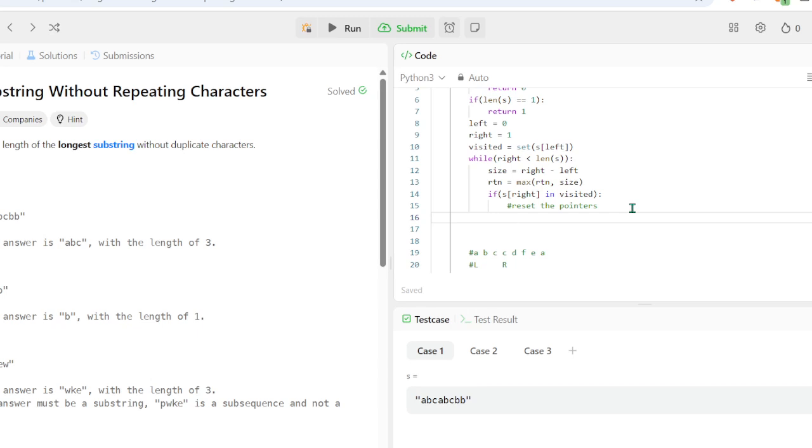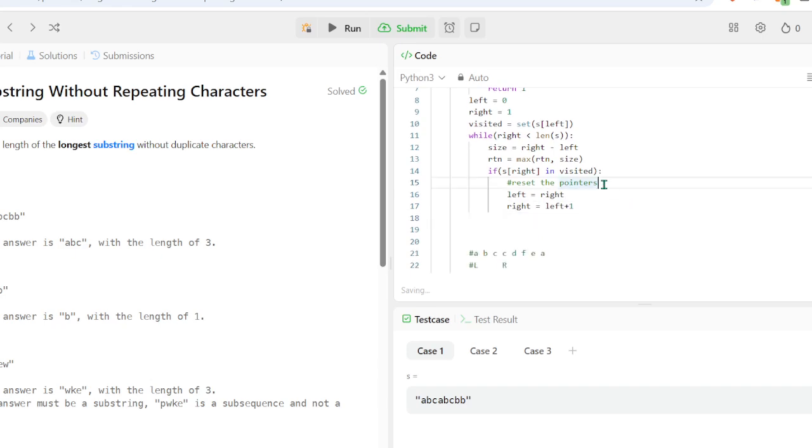If it's in visited, we reset the pointers. So left equals right, right equals right plus 1, and then we also need to reset the visited set, I think. So I think we can just copy this, right? Visited equals set S at index left. Because we kind of just want to restart. So I think that makes sense.